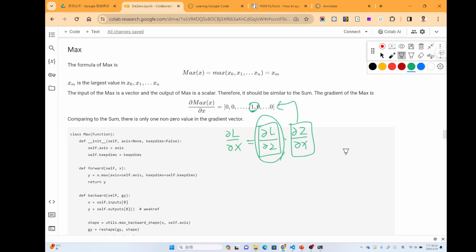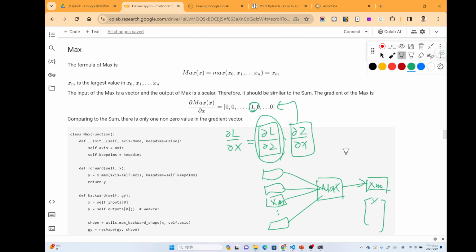So if we draw it graphically, we have a couple of inputs here for the max function, and we will only output one value, which is the largest. For example, this is xn, and this will be the gradient of those items.